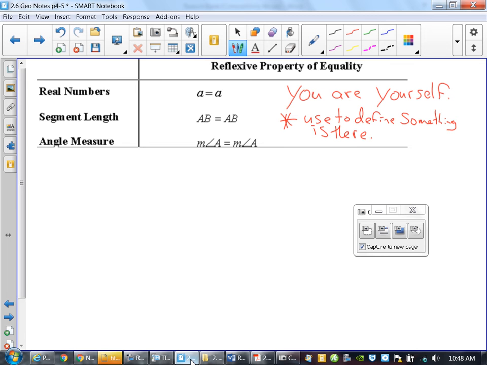A lot of times, we use this in segment addition. If you have two smaller segments and then you have to add it to the same overlap, you're going to have to use it. Same thing with angle addition. Sometimes you might have an example where